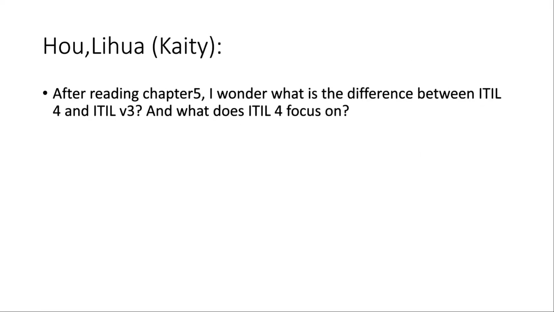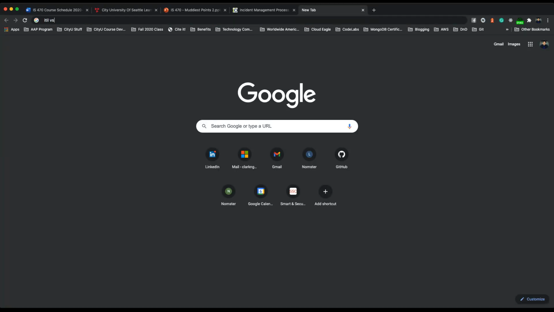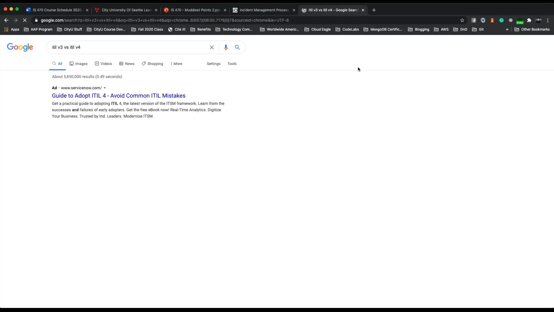I wonder what is the difference between ITIL 4 and ITIL version 3, and what does ITIL 4 focus on? We did tackle that, where ITIL 4 has the service design, service strategy, and so on and so forth, whereas ITIL v3 just has like two categories. So we can quickly check that. ITIL 4 is more comprehensive, but we can quickly check that.